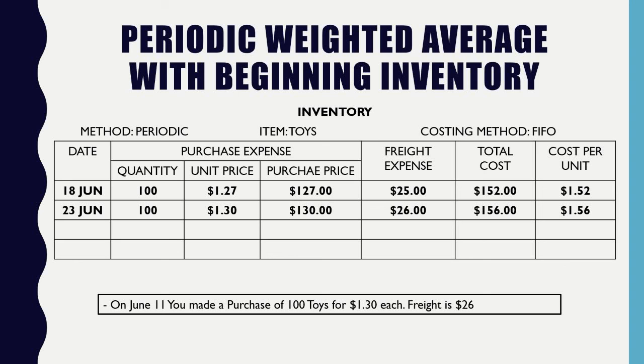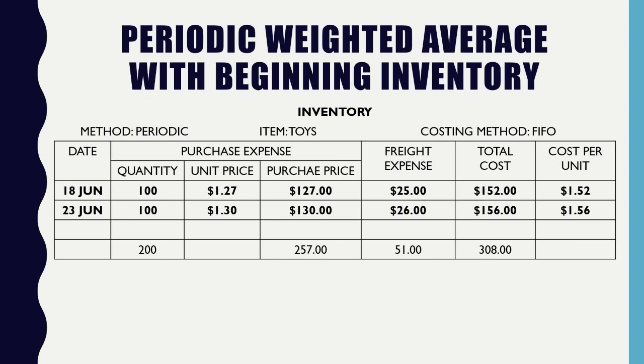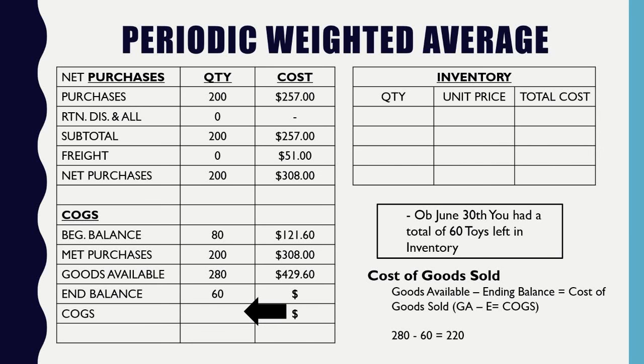Now, this is where if you do have beginning inventory, unfortunately, you do not need to calculate your average cost just yet. So we're just going to tally up our totals now because this isn't what we really have. We have to wait till we get our actual grand total amount and adjust it to the inventory. So in this case, I'm plugging in all my information. Once I get down to my total goods available, that is right here. I have beginning inventory, and now that I've calculated my grand total cost, I should have 280 items available, and with that 280, my total cost now is going to be